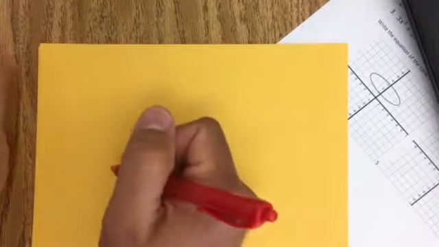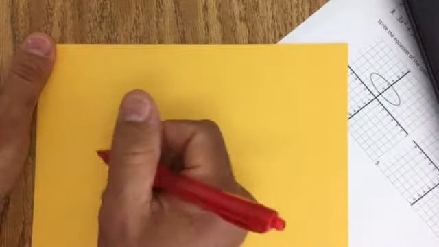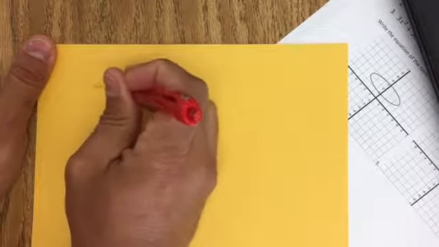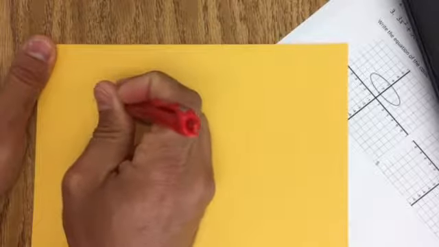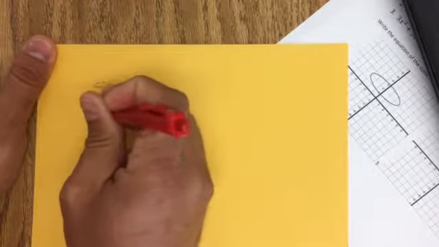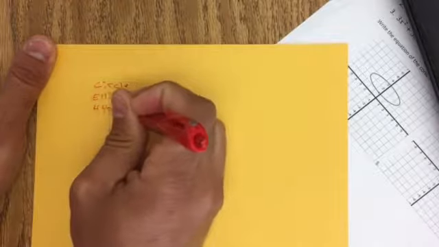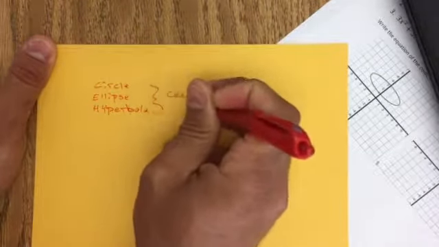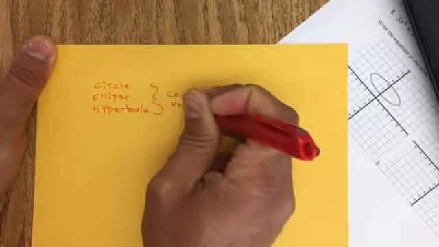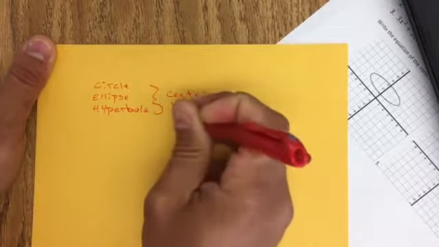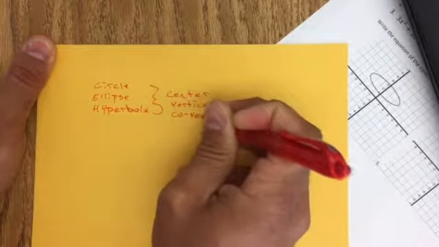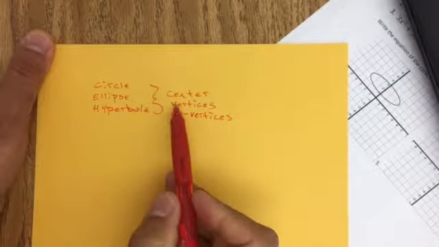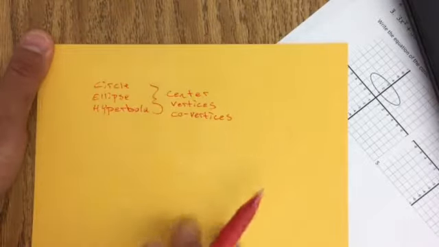Alright guys, I'm going to talk about how to graph from the equations. So when you're graphing, if you're doing a circle, an ellipse, or a hyperbola, on all of these, you need to know the center, the vertices, and the covertices. That's what you need to graph. Now, it doesn't make entirely sense because not all of these actually have these parts, but I'll talk about them